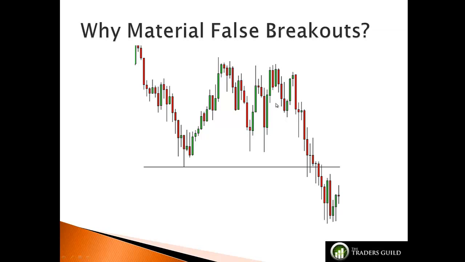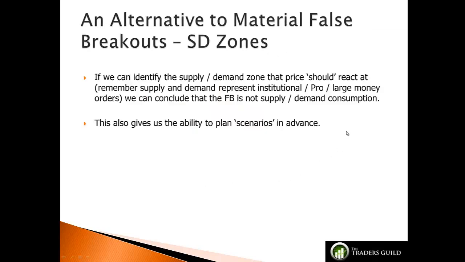Now, another way of determining, I said devoid of any other information. Well, there is other information we can use to conclude that a false breakout is more likely a sign of true rejection rather than demand or supply consumption, and that is finding some clear demand to the left that price has reacted off to cause this false breakout bar. If we can identify that supply and demand, then we know that is the institutional, professional, the large money, and therefore it's more likely to be a false breakout bar rather than demand consumption, because price hit demand in forming the false breakout. Okay, particularly if it's the first time back to that demand,